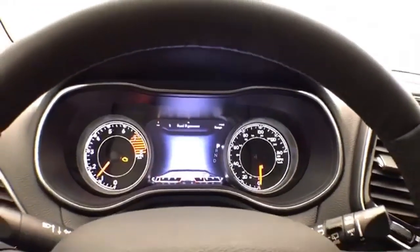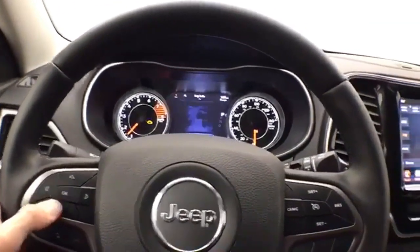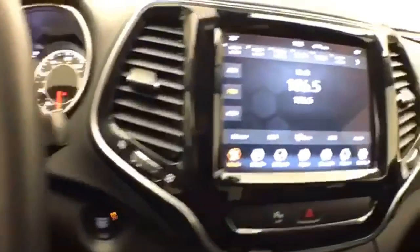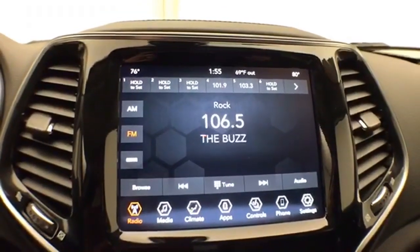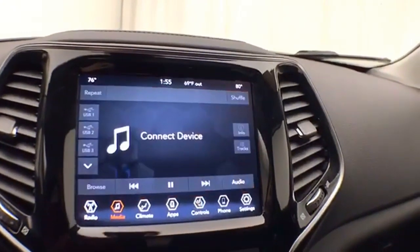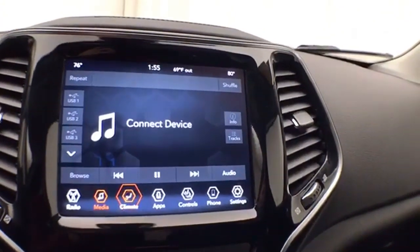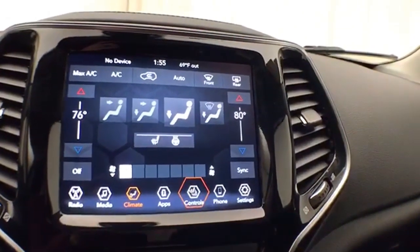with driver information system, controlled by buttons on the steering wheel, cruise control, large 8.4-inch touchscreen infotainment system for radio. It's also satellite radio capable. You can connect various media devices, dual zone automatic temperature control to make sure everyone's comfortable, along with heated seats